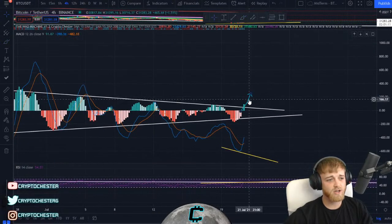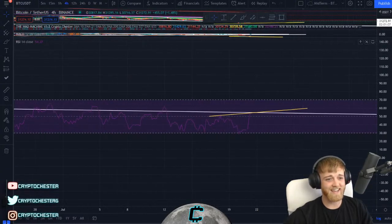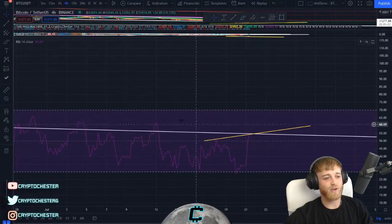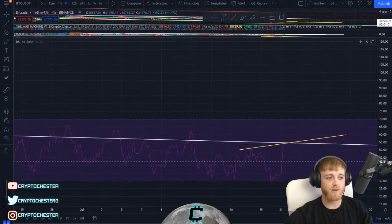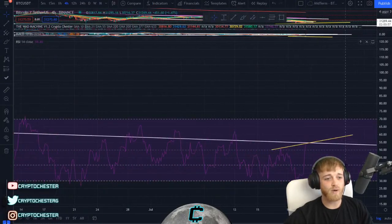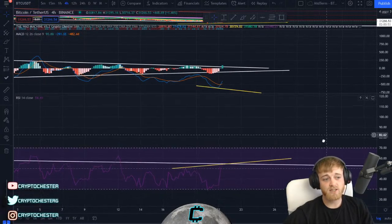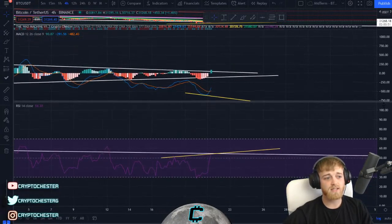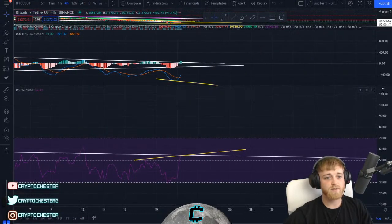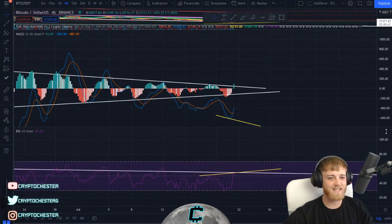So yeah, a lot of the points are coming in. A lot of the stars were aligning, and now they're not. But we do have a bearish divergence coming through on the RSI if we do see any sort of reversal here, and also this resistance coming through. So I wouldn't be ruling out getting rejected from this point here. We'll just have to see what's good, guys. Keep an eye on it, and keep an eye on these RSI points, because if we do see this bearish divergence coming through...